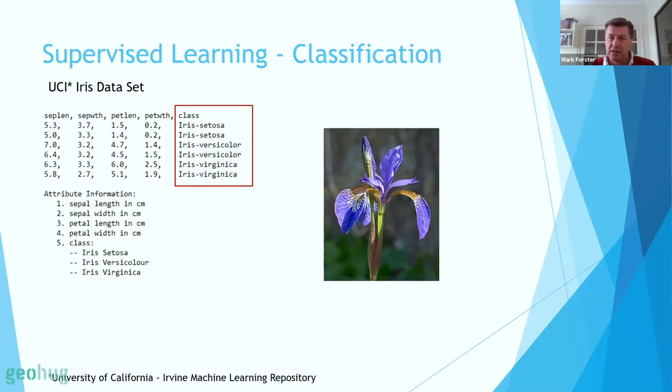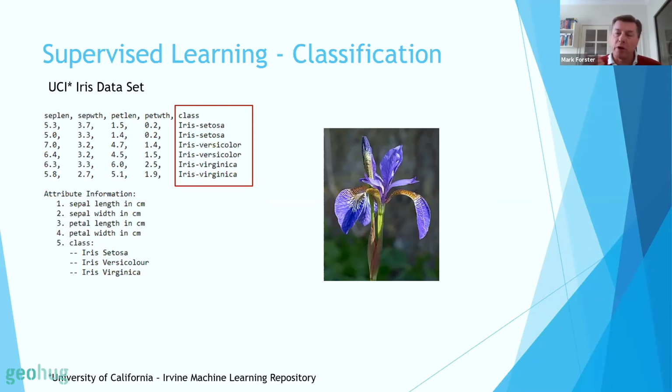Now we also have a totally different approach, and that is known as classification. So now we're not predicting a continuous numeric variable; what we're trying to do is predict a class. This is a very famous statistical data set, nearly 100 years old, where a famous statistician used this data to predict classes of irises. It's only got 4 parameters: the sepal length, the sepal width, the petal length and the petal width.